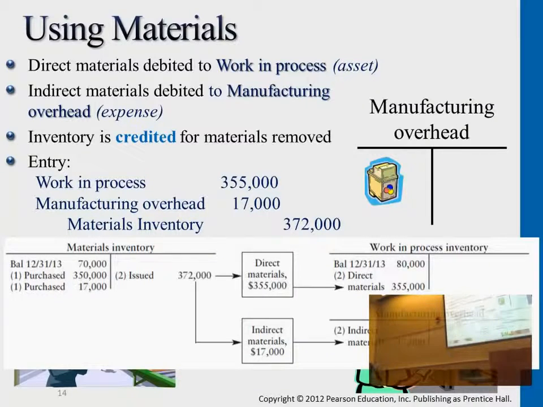Thank you. Okay, so this example here tells us that beginning is 70,000. We made new purchases, 367,000. Let's just change it to this. And now, once the production team requests the materials to start producing the products, a portion of it turns into work in process, the indirect portion turns into manufacturing overhead. Right, first two entries. So besides materials, of course, we need to hire people to help us assemble the product, so we will incur